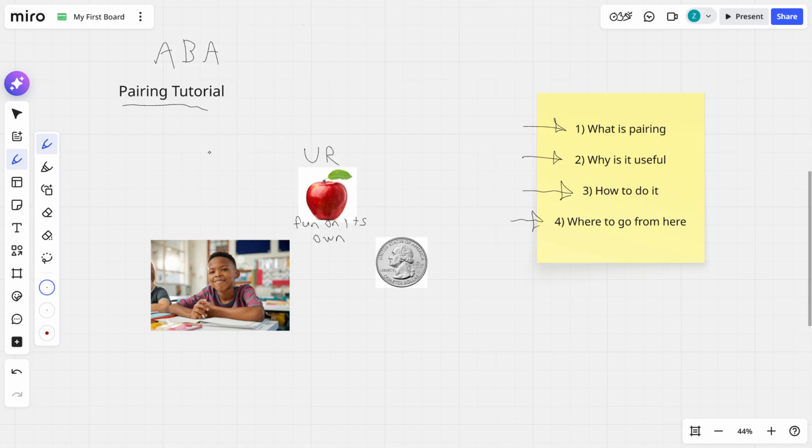So let's say that you have a child or student and they really like apples. The apple would be considered an unconditioned reinforcer. It's fun on its own. Your student or child is motivated to earn this on its own. But what you want is for them to be motivated to earn this because,